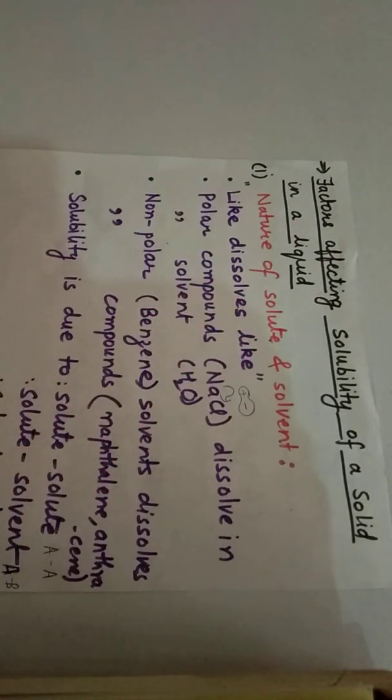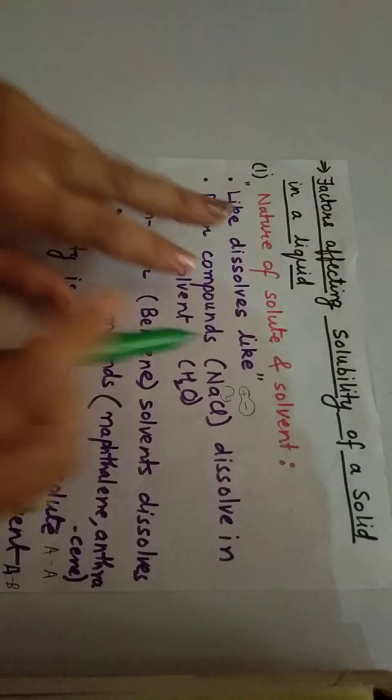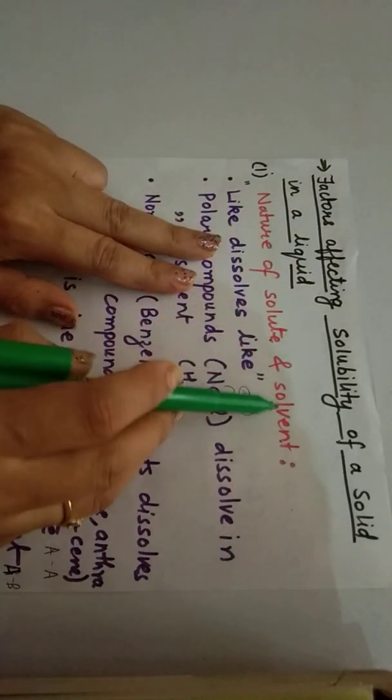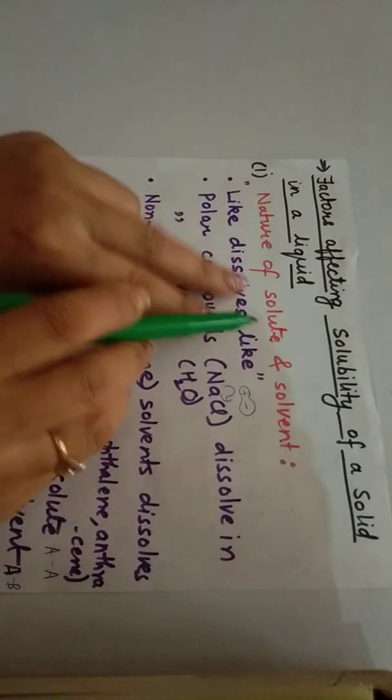Now, generally in a classroom, a naughty child wants to sit with a naughty child, and in the same way a quiet child will like to sit with a quiet child. So we can say that like dissolves like. It is on the basis of a liking. So the same concept is applied in the case of solutions also.